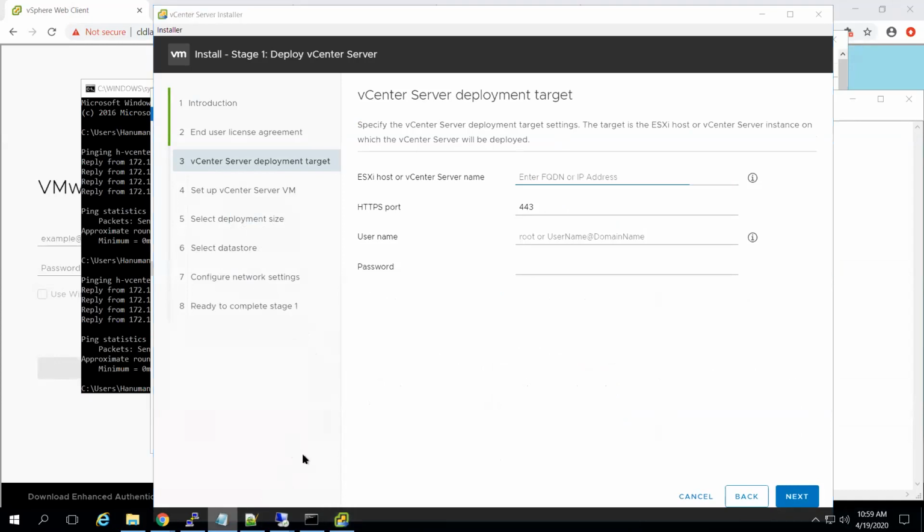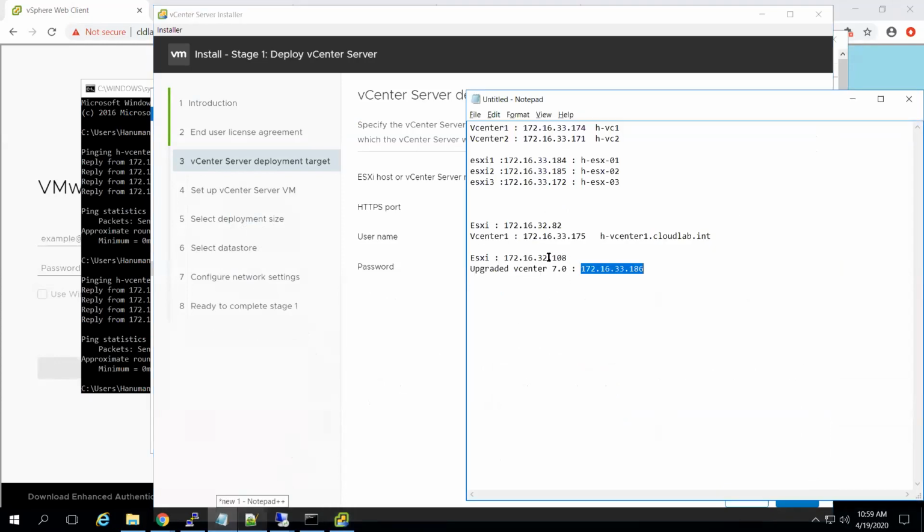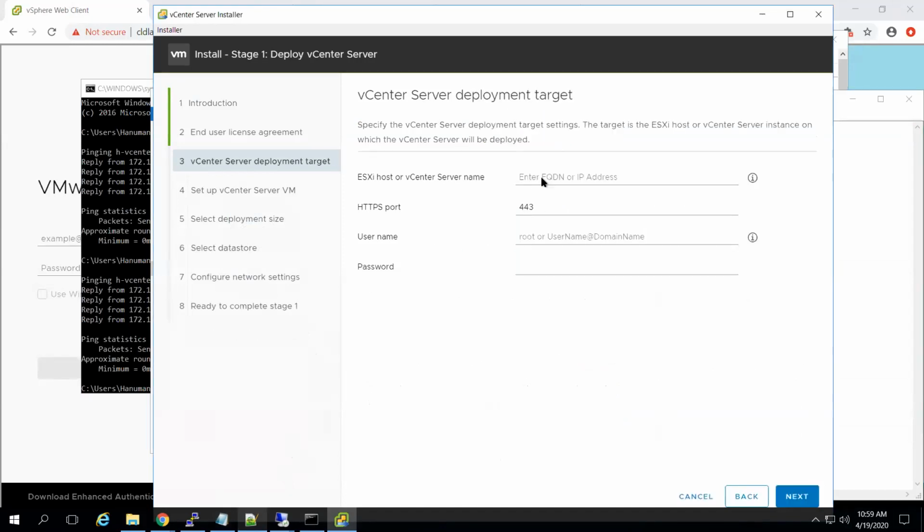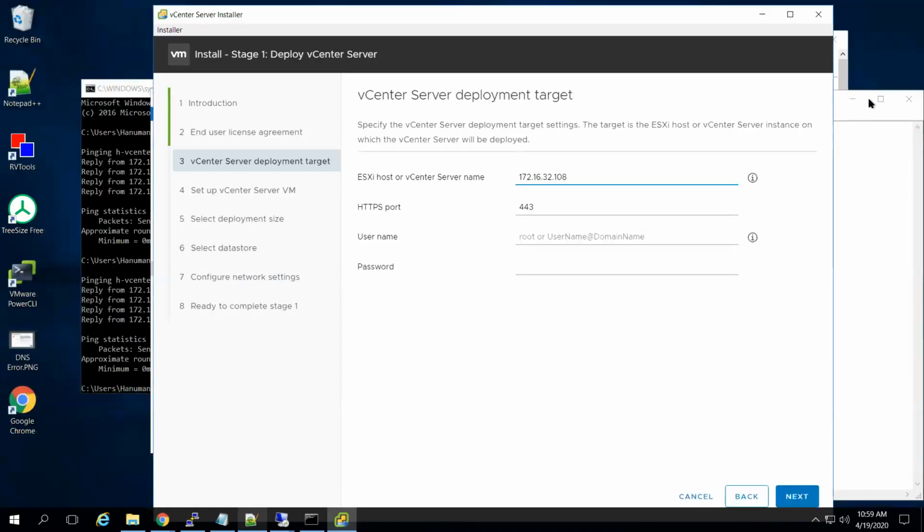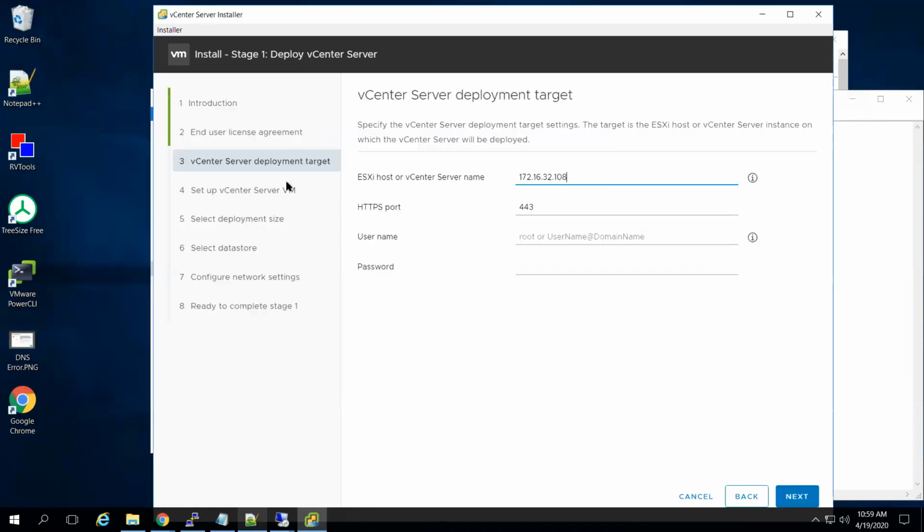So let me put the IP of my ESXi where I will install. Okay, fine. Finally, let me minimize it. Now, then the root credential.